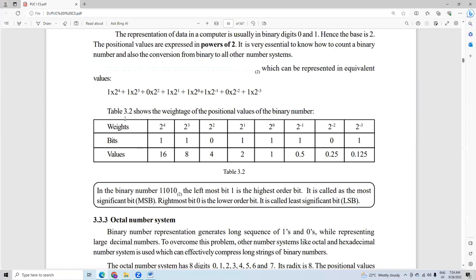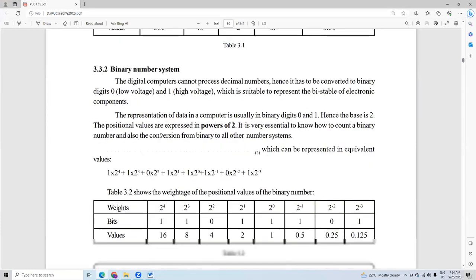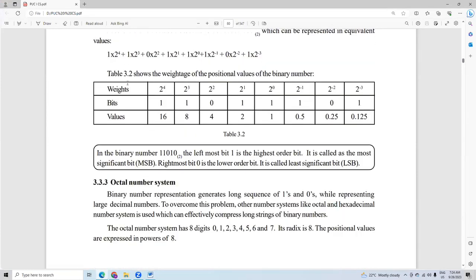So now here you can see the same table that we saw in the decimal number system. We have weights, bits, and values. Here the total number they have given is 11011.101. These are in decimals. Okay. So you can see here, before the decimal point,